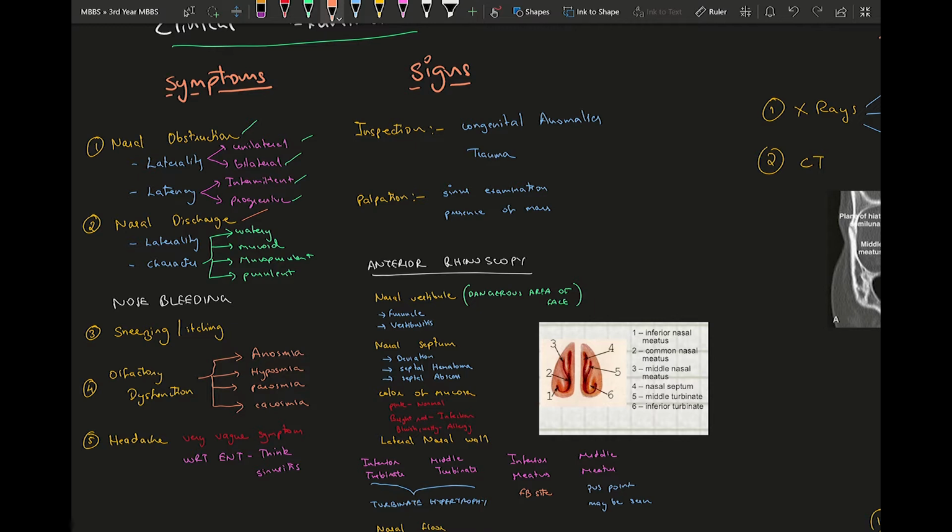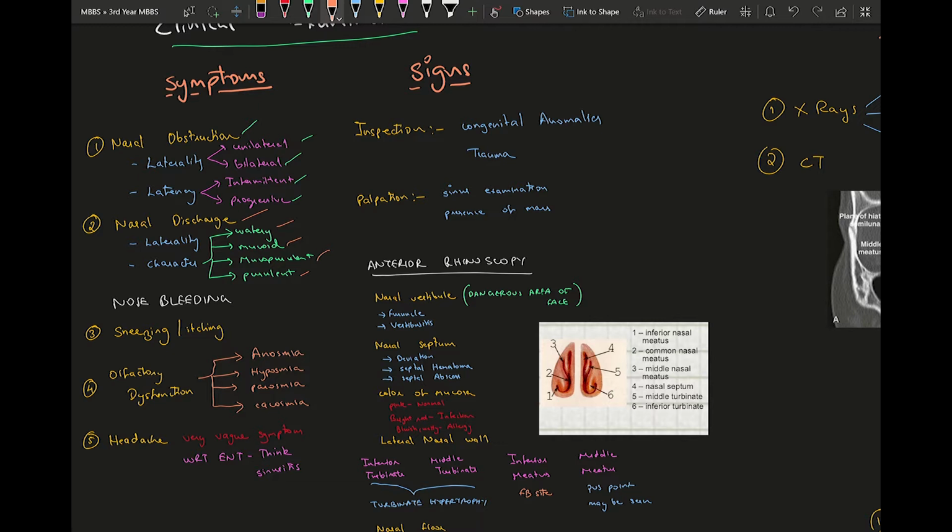The next thing would be the character of the nasal discharge. There are four types of discharge: watery, mucoid, mucopurulent, and purulent. Watery discharge can be confused with CSF leak. CSF rhinorrhea is a condition which occurs due to trauma, usually to the frontal sinus, where you reach the anterior cranial fossa and then CSF starts leaking from there. How do you find this? There are a few tests, like your blood test where you have a target shape appearance, and your beta-2 transferrin test, which is the gold standard test for detection of CSF. You can do all those to check if it's CSF or not.